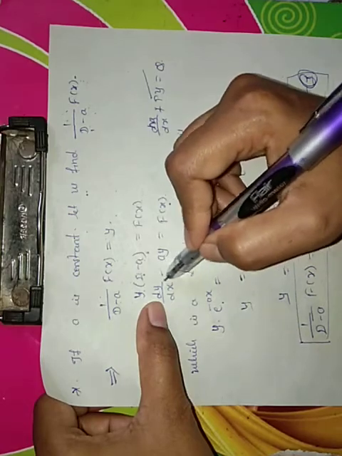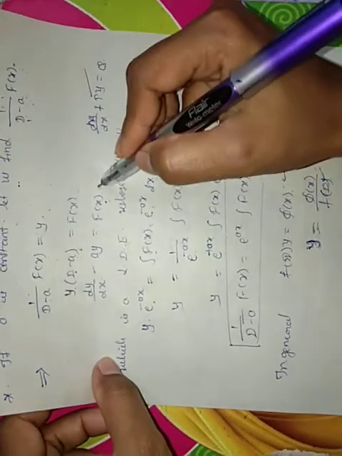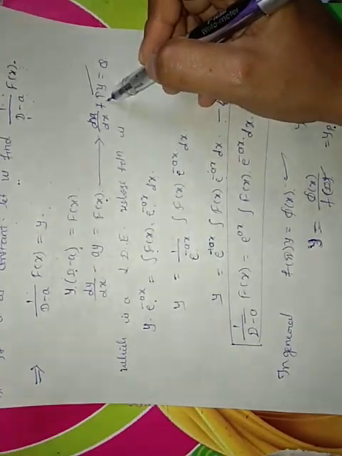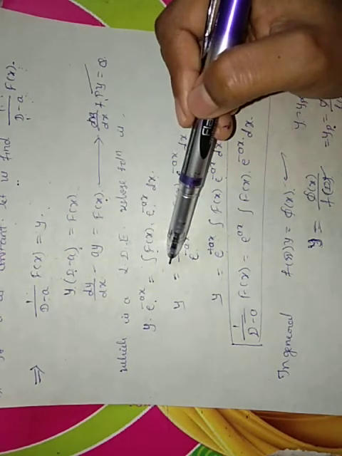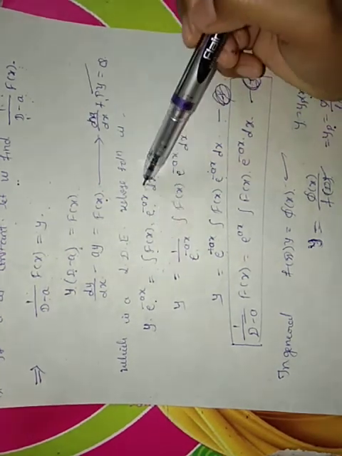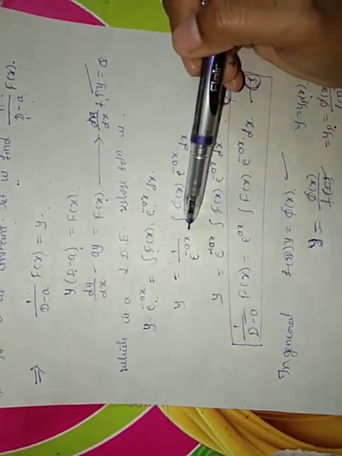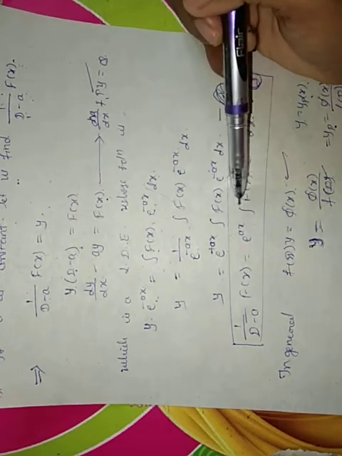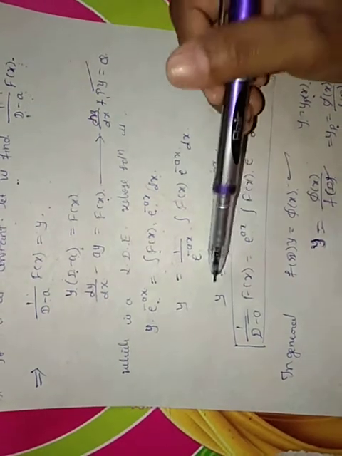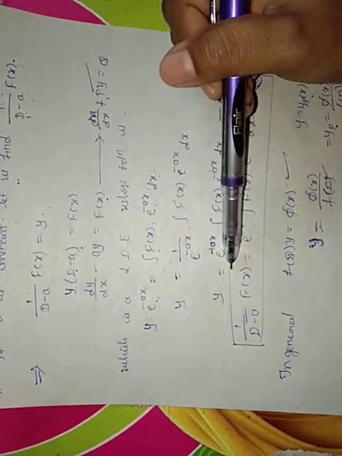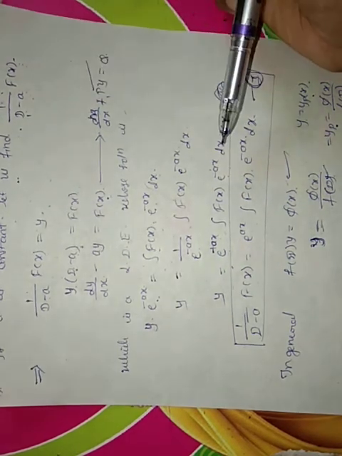We can write it as dy by dx minus ay equal to f of x, which, comparing with the standard form of the linear differential equation, has the solution y into e raised to minus ax equal to the integral of f of x e raised to minus ax into dx. After simplification, we send the e raised to minus ax onto the RHS. That becomes e raised to ax into the integral of f of x e raised to minus ax. That is equal to 1 by D minus a of f of x. That is how to find the solution of this equation.